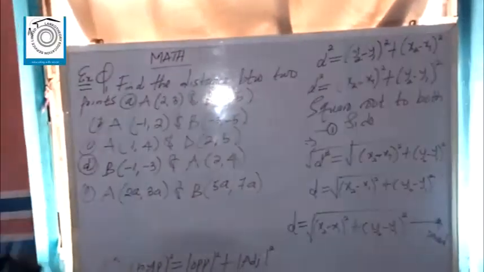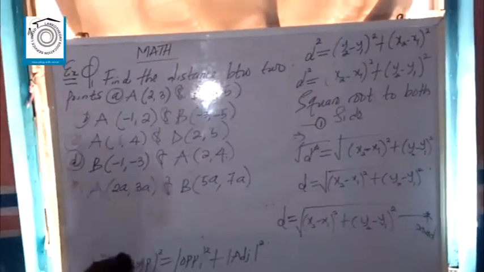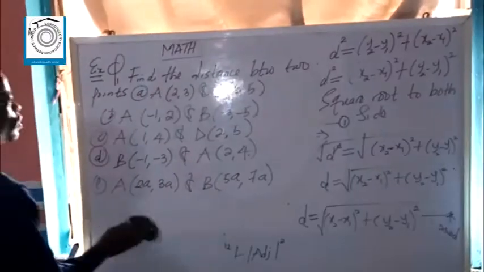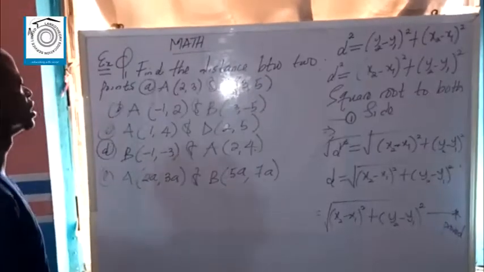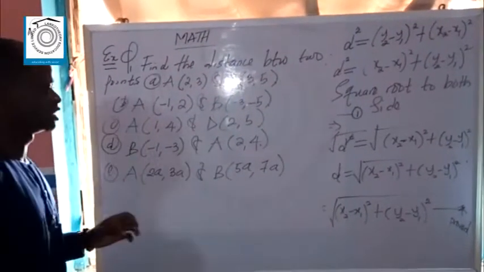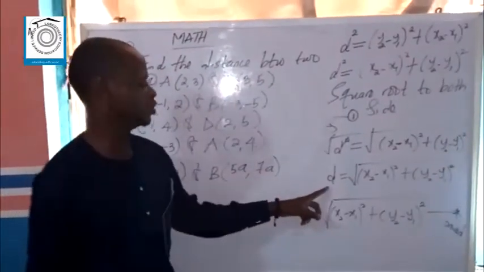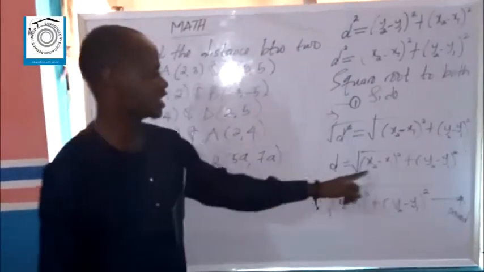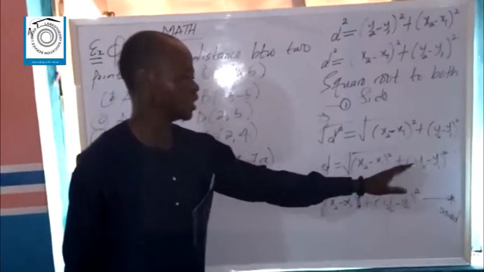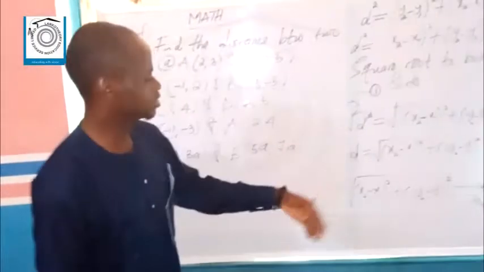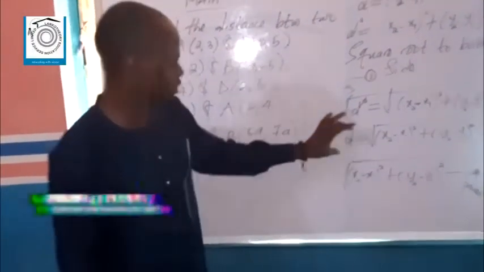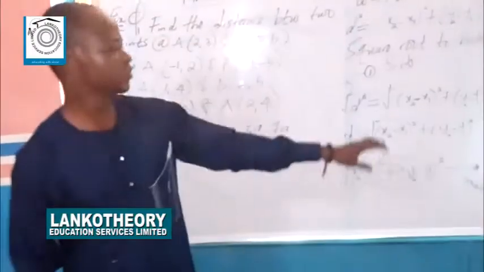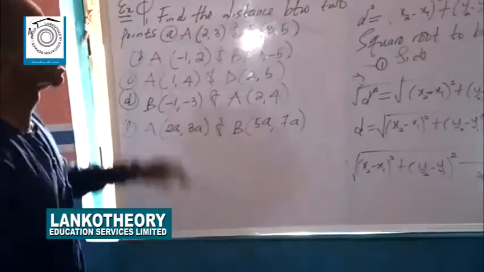So we have to determine the distance between the two points with the following coordinates. We have the point A, which is (2, 3), and the point B, which is (3, 5). There's nothing difficult in this. Then you just put this formula into your memory. Distance between the two points is the square root of (x2 minus x1) squared plus (y2 minus y1) squared. It has already been proved, but eventually you should know how to put this formula in memory. Once this formula is in memory, all these questions are solved.